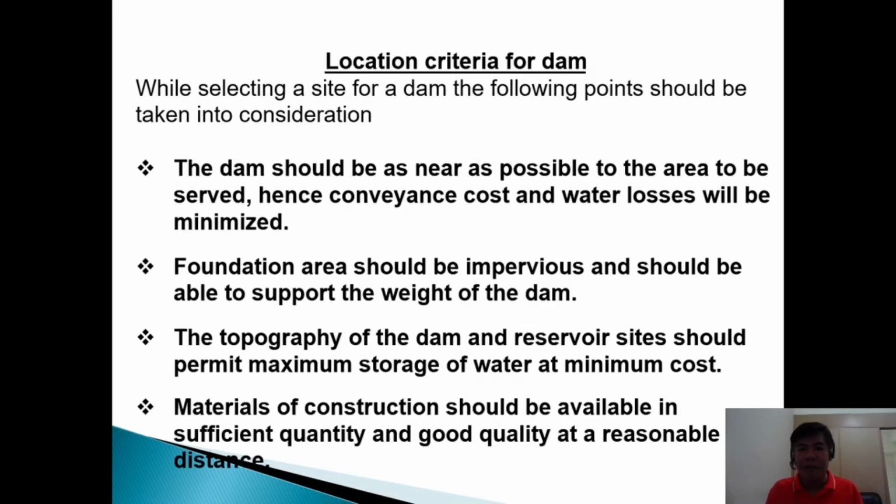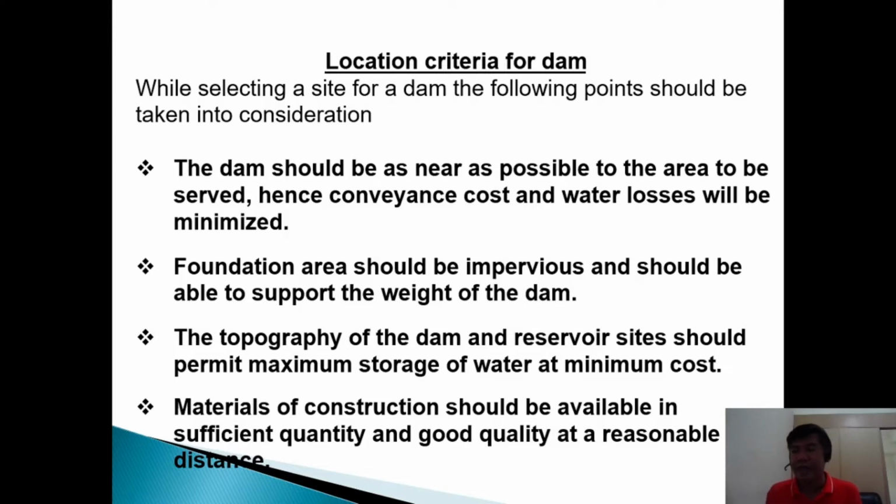So here are some of the criteria, because of course when we design later, when we do the analysis, the first one are the different criteria in our design. So one of which is the location. So how we are going to locate the best